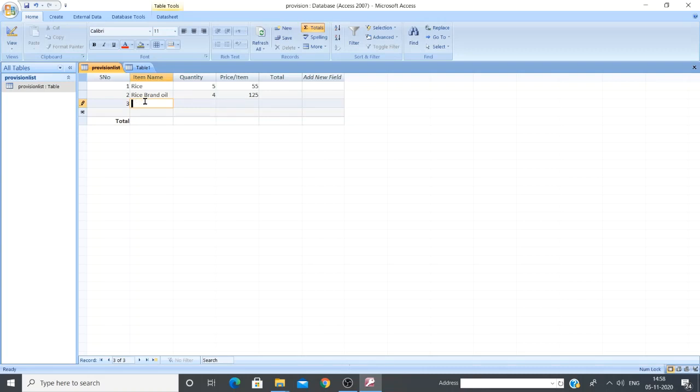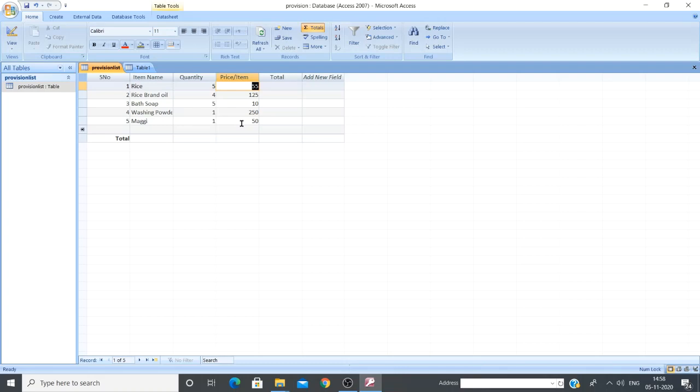Then the third item I'm going to type soap, bath soap. So soap I'm going to get 5, each soap 10 rupees. Then the fourth item, you can just type anything. Washing powder. Okay, so 1 kg, it's 250 rupees. Likewise, you can just continue with your list. So what is the next item you can give? Maggi. Okay, so I need 1 pack, and it is 50 rupees. So likewise, you can just add items.